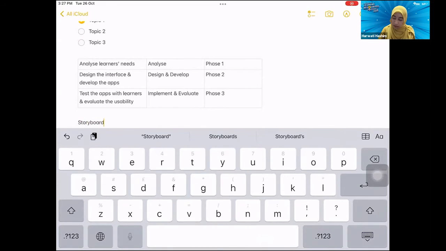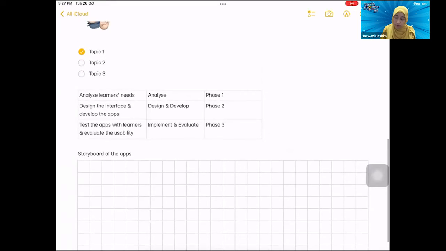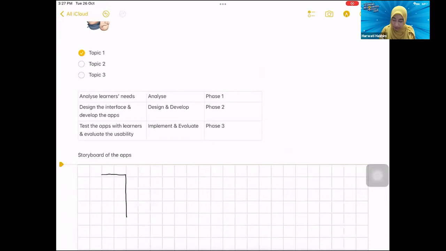of the apps, for example. So the first part, even if you have this grid line and you feel like, myself, my hand is very shaky, so if I were to draw, it's still not nice, even with the grid lines. But don't be afraid, because the notes is able to recognize shapes. So you can just draw freely and then let the shape